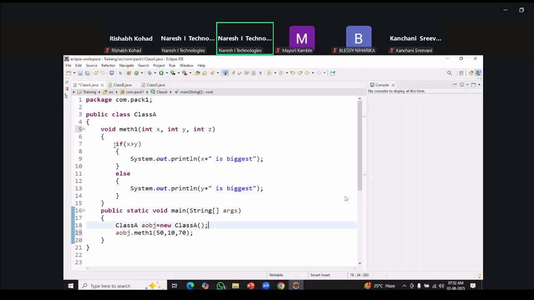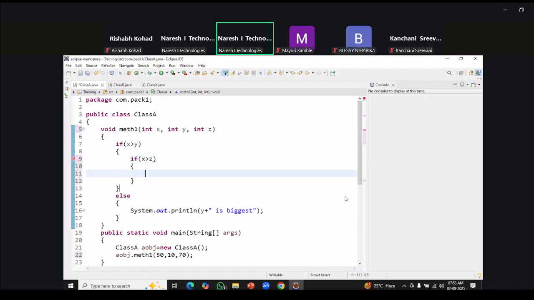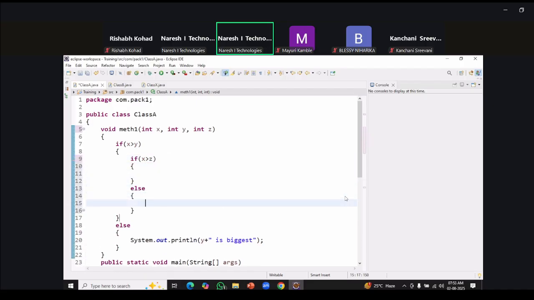Okay. Let me just try to show you this. For example, what I told you, I requested don't use logical operators. Eyes on the board. I told you not to use logical operators. If x is greater than z, here, else,